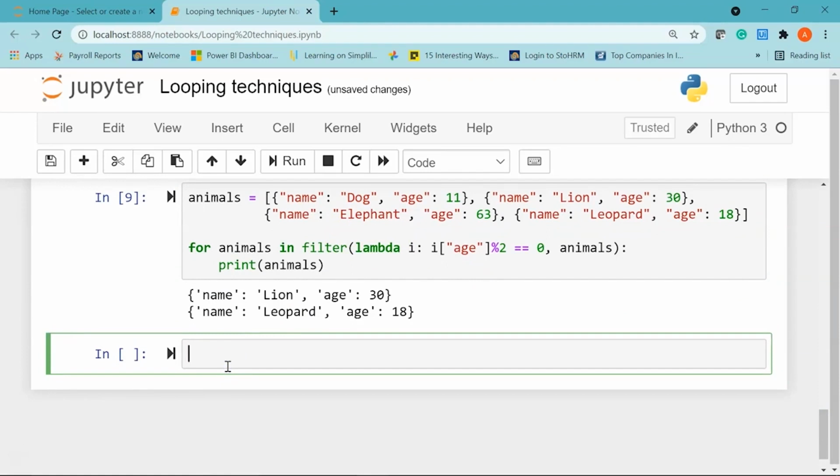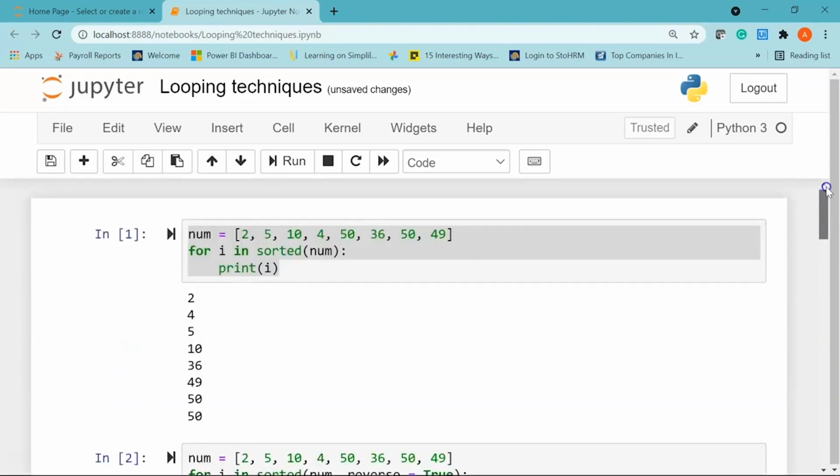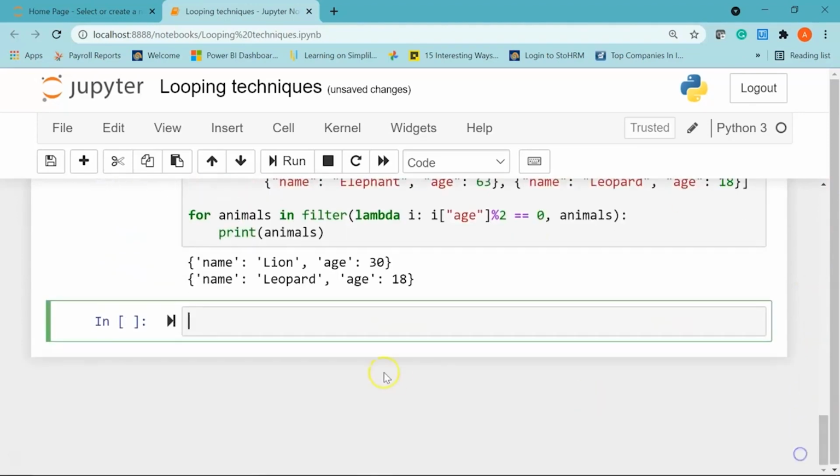Alright. Now in the next example, we'll see how to remove items in a list using a while loop. So far we have been using only for loops. Now we are going to see a few examples using while loop. Okay. I'm going to create a variable called country. So this variable will hold a list of elements of the different country names.